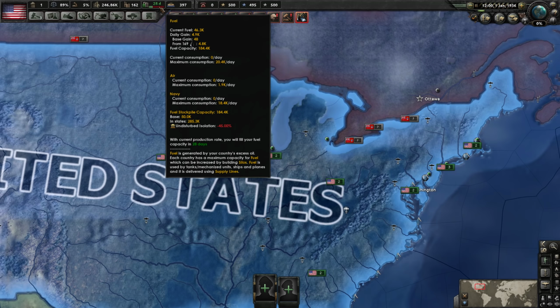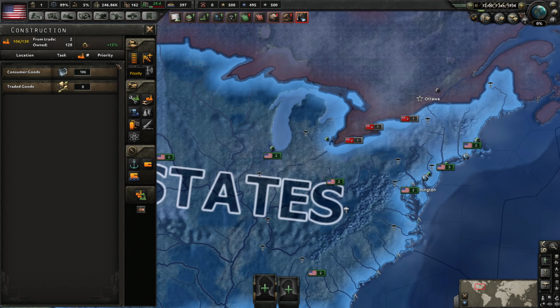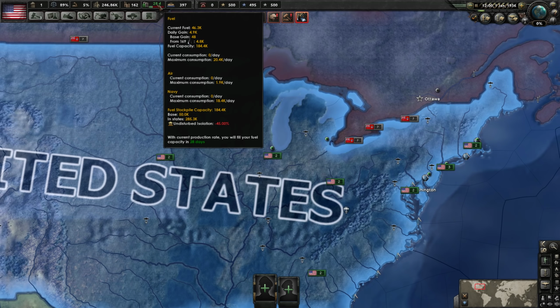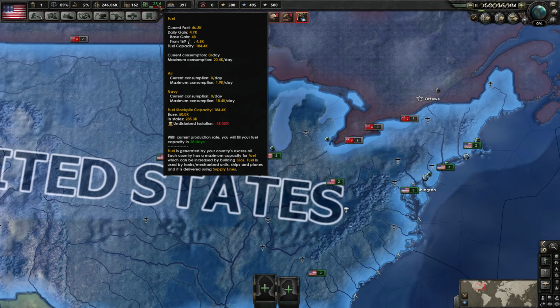In addition to that, there's also a new building that allows you to increase your fuel stockpile, called the fuel silo. It's right over here. Basically, that one increases the stockpile by 100k, and it literally costs 5,000 to construct, and you cannot build more than 3 in a state. Simple enough, right? Furthermore, depending on your econ law,